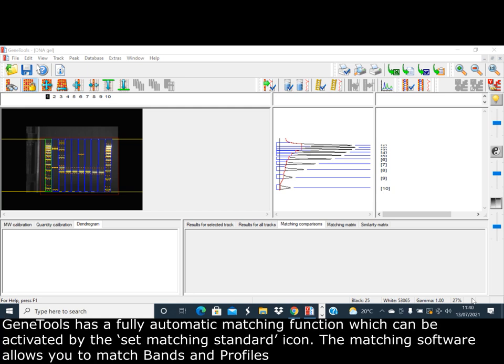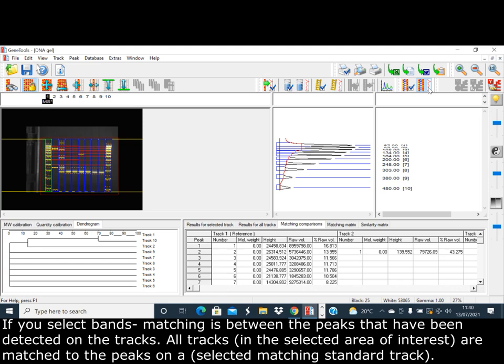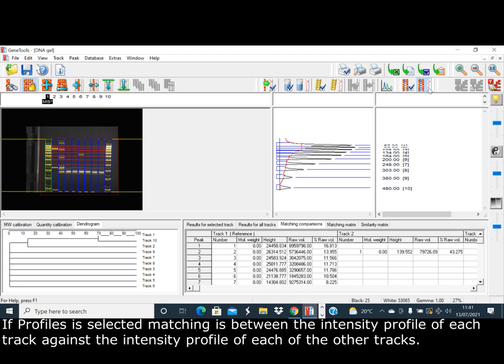GeneTools has a fully automatic matching function which can be activated by the Set Matching Standard icon. The matching software allows you to match bands and profiles. If you select bands, matching is between the peaks that have been detected on the tracks. All tracks in a selected area of interest are matched to the peaks on a selected matching standard track. If profiles is selected, matching is between the intensity profile of each track against the intensity profile of each of